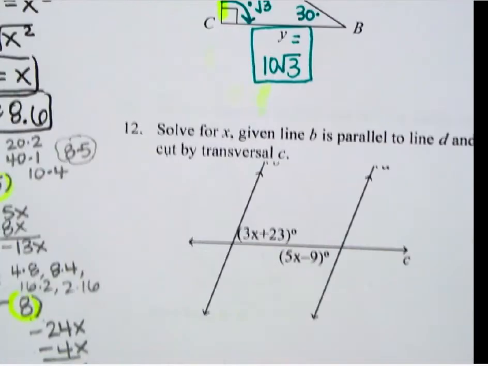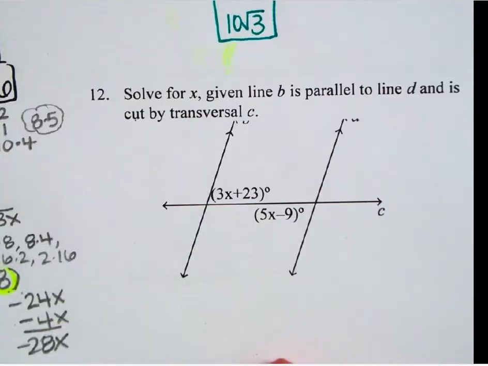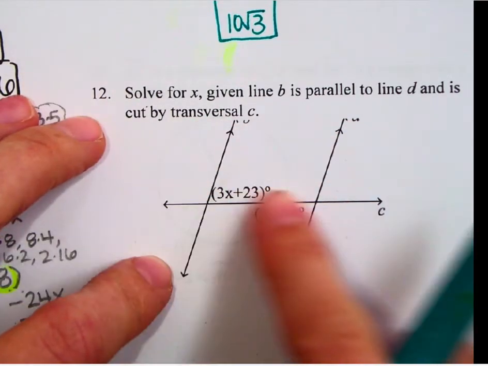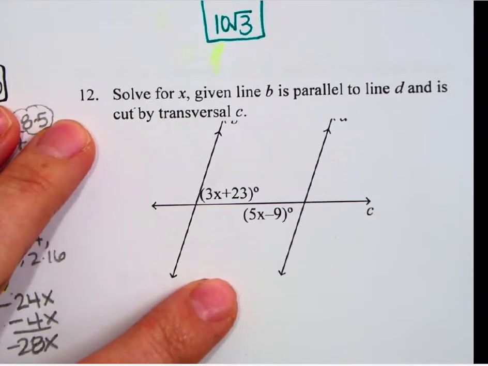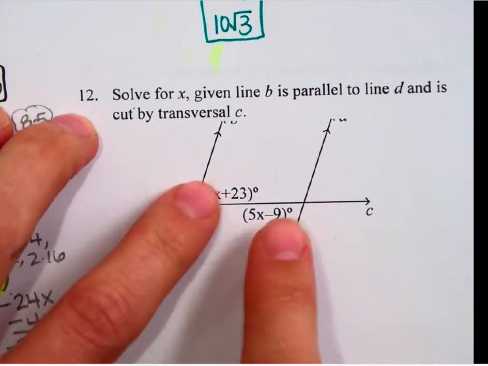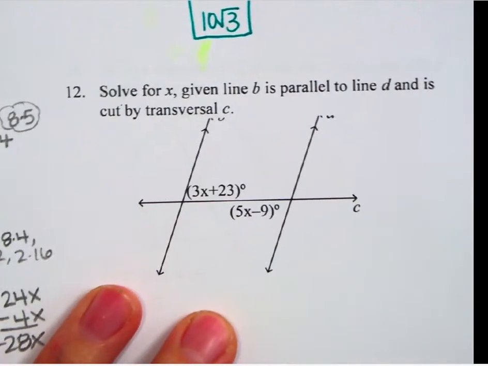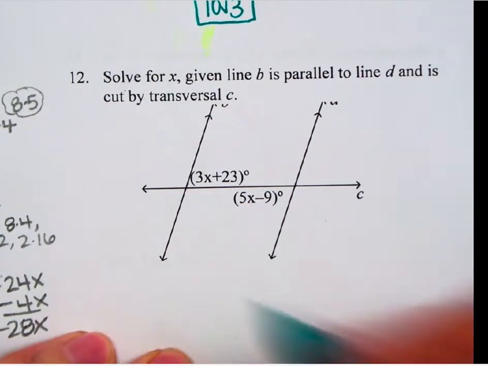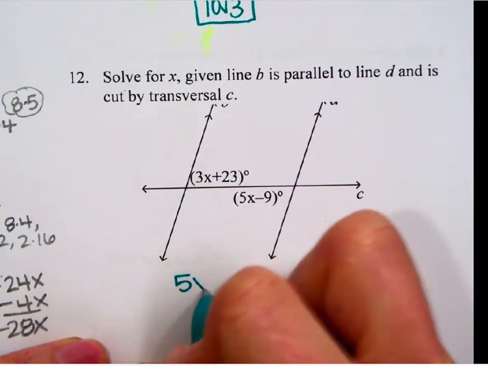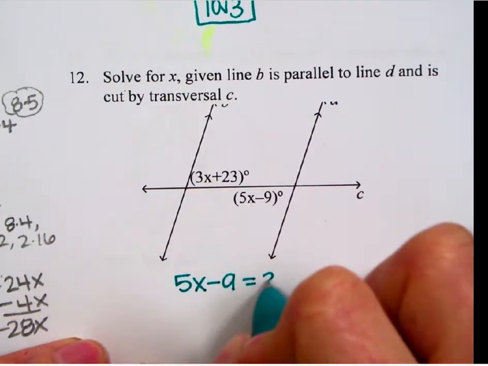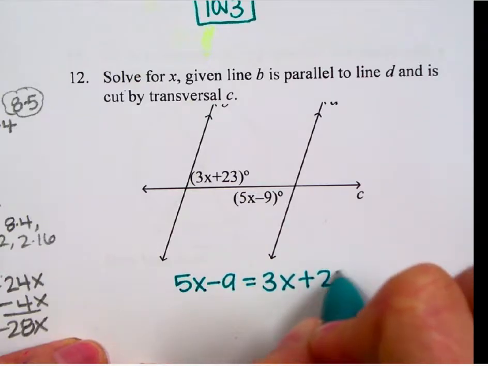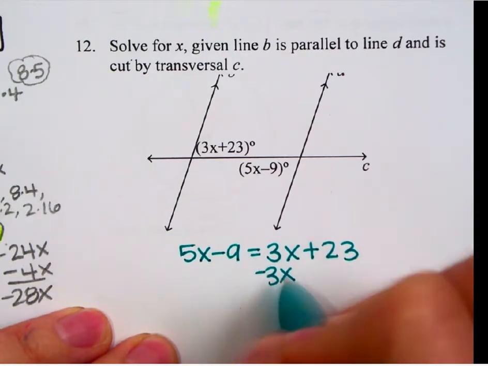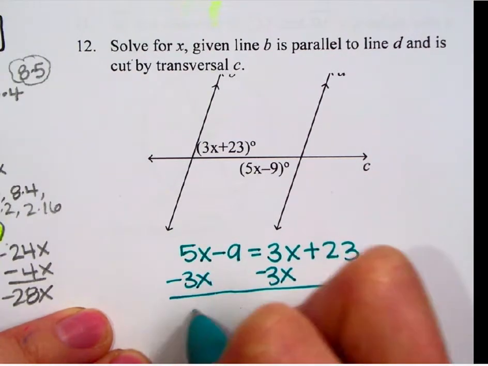Number 12, we have that B is parallel to D. That's these lines here cut by this transversal C. So we know that these angles given, these are alternate interior angles. Alternate interior angles are congruent. So 5x minus 9 is equal to 3x plus 23. They're only asking us to solve for x, so I'm just going to quickly go through and do that